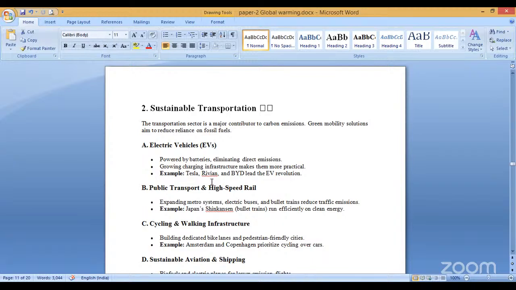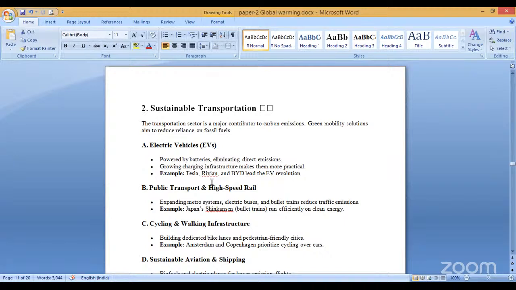The transport sector is a major contributor to carbon emissions, and green mobility solutions aim to reduce the reliance on fossil fuels. First, electric vehicles are powered by batteries, eliminating direct emissions, and growing charging infrastructure makes them more practical. Examples are Tesla,